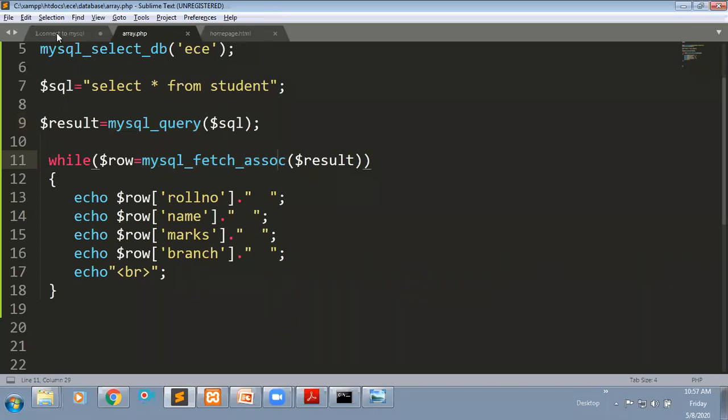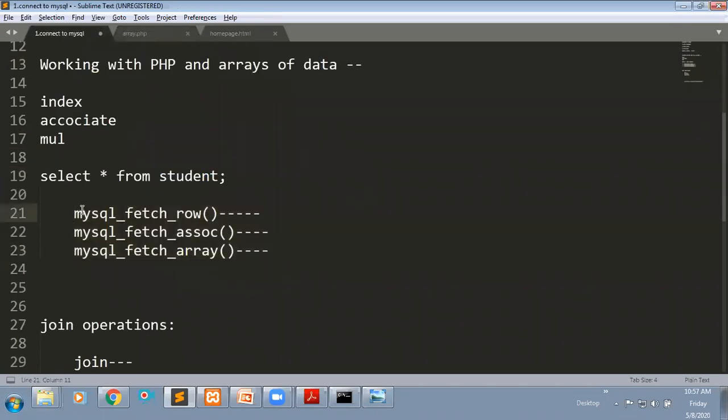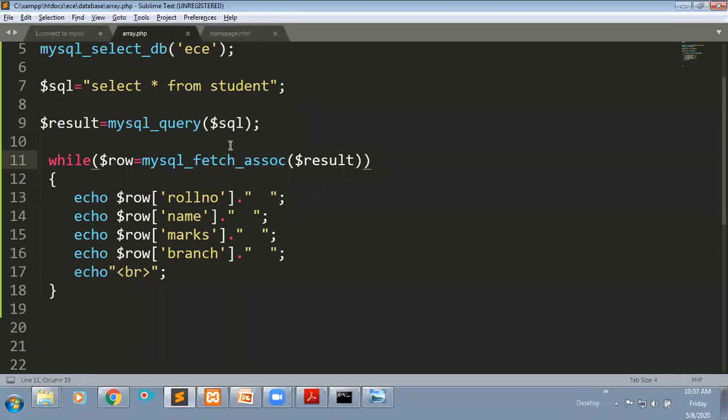Okay, these are the three functions we use to retrieve the data from the database and display it in the output. I'm taking this function. What will this function return? A row, which I'm storing in a single variable.